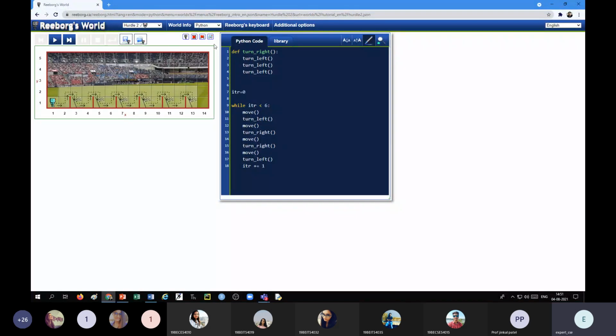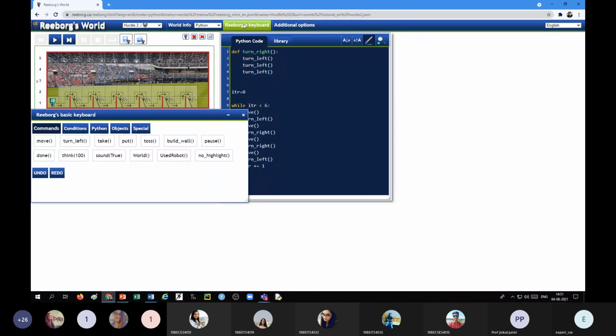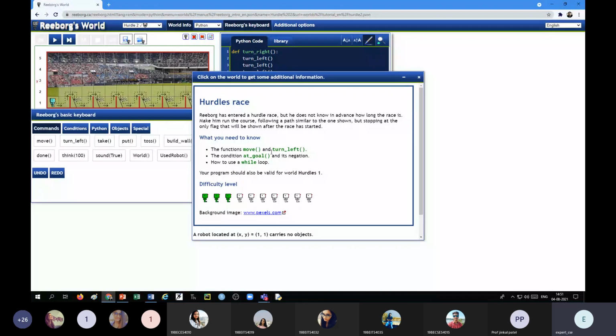Here we can use one more function like, let us see this. Okay. See, this is about the race. We can use move and turn left. We can also use at goal. Okay, if it touches the flag, then at goal will be equal to true, right?